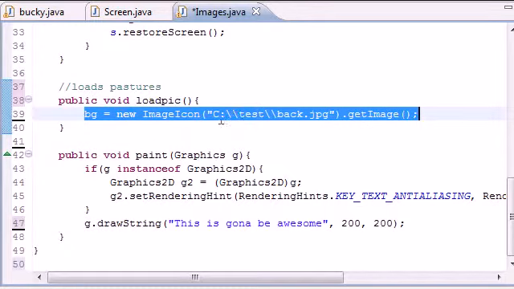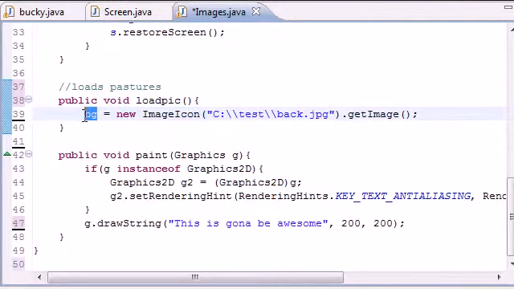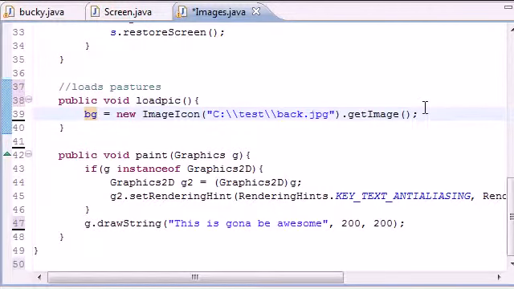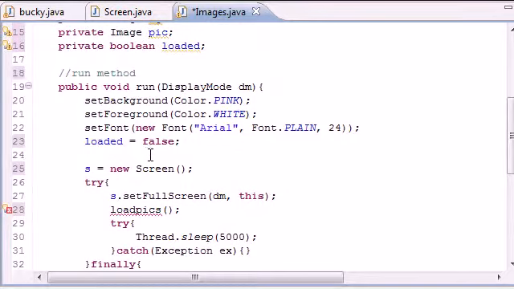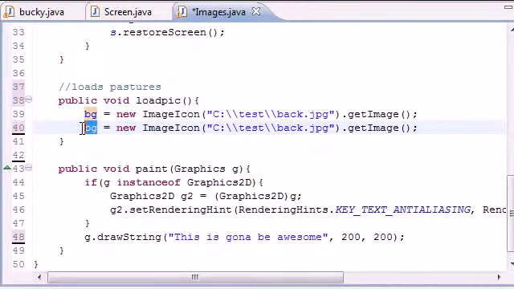So now we have our background image loaded into the variable bg. So anytime we do anything with bg, it's this image. I mean, come on, do you really want to type that every single time you use the background image? I don't. So next, let's go ahead, what did I name my other variable? Pic, right there. So we'll set pic equal to new ImageIcon test, and this is actually